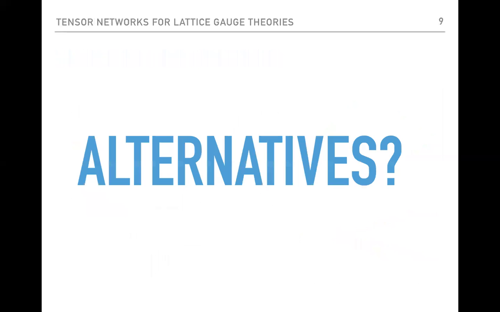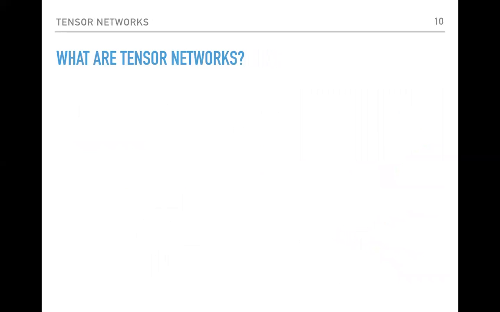Okay, so what are the alternatives? The alternative is, of course, tensor networks. So what are tensor networks in the first place? If they are supposed to solve this problem, we should know what they are. Imagine that you have an n-particle one-dimensional quantum system, like for example a spin chain. If you would like to describe this quantum state, you have n degrees of freedom, and so you have a big tensor here with a lot of legs.